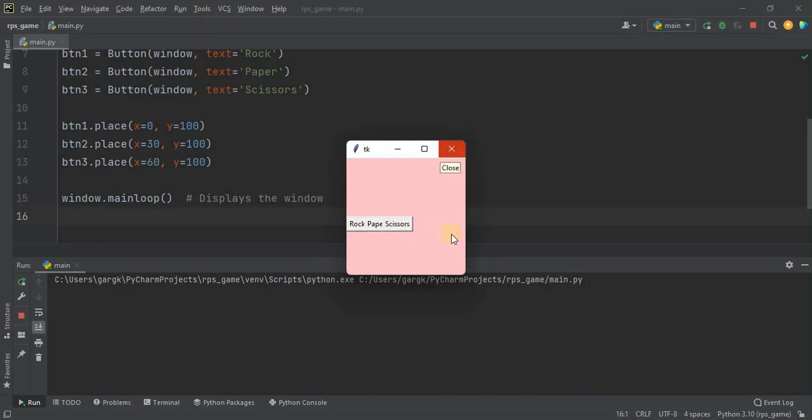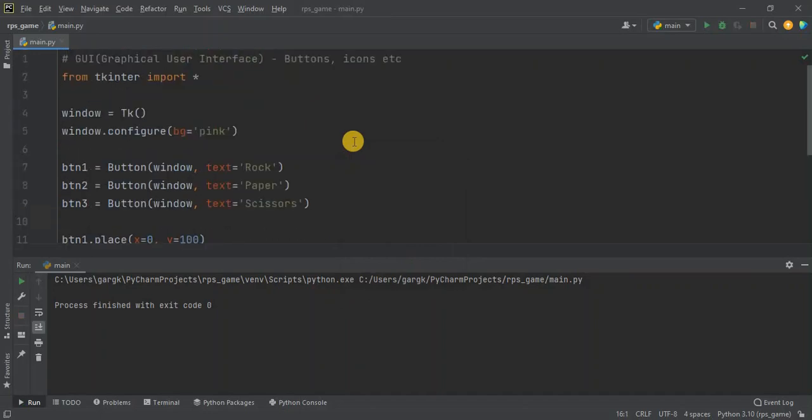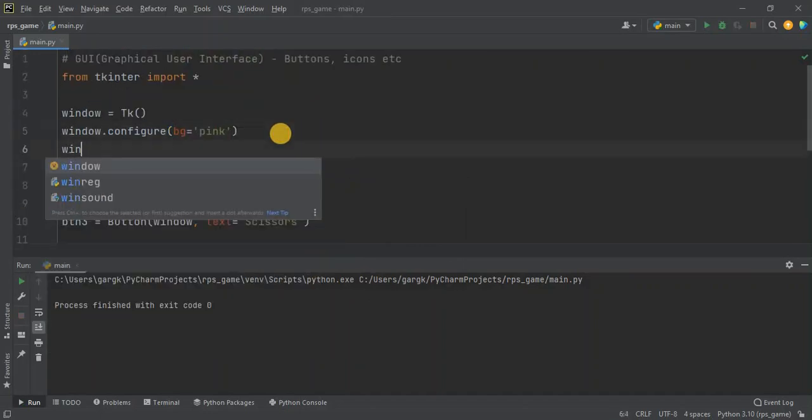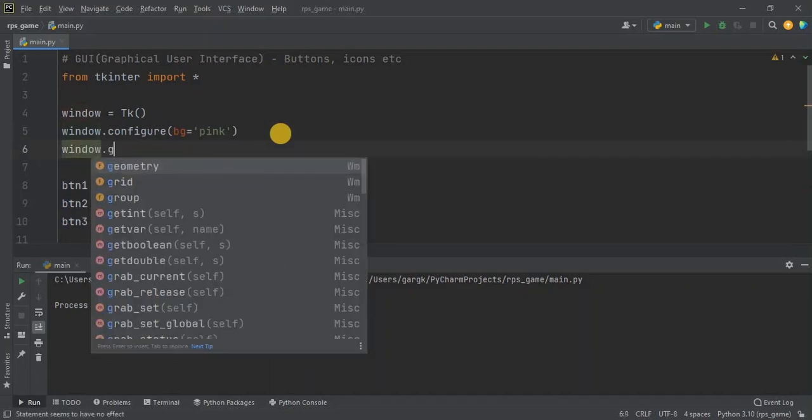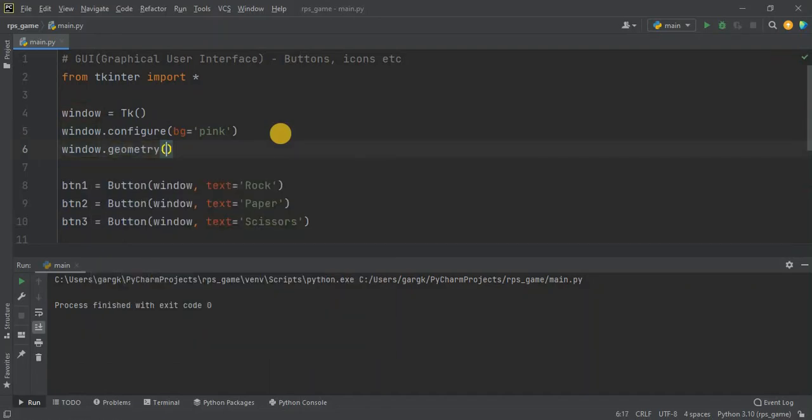So firstly, we have to make this window appear big, because when we run the program, we are getting a very small window. So to make the size of the window bigger, what I can do is that I can say window dot geometry, and I will pass a string over here, and first will be width.